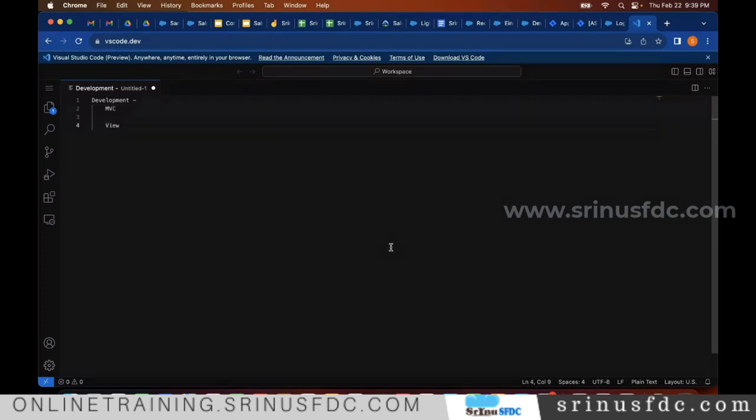Here V means view. View means whatever we see on the web page, the user interface. So once you click on a button, let's say I'm filling a form and click on save, what happens in the background? Some logic will execute, some business logic. Okay, business logic means